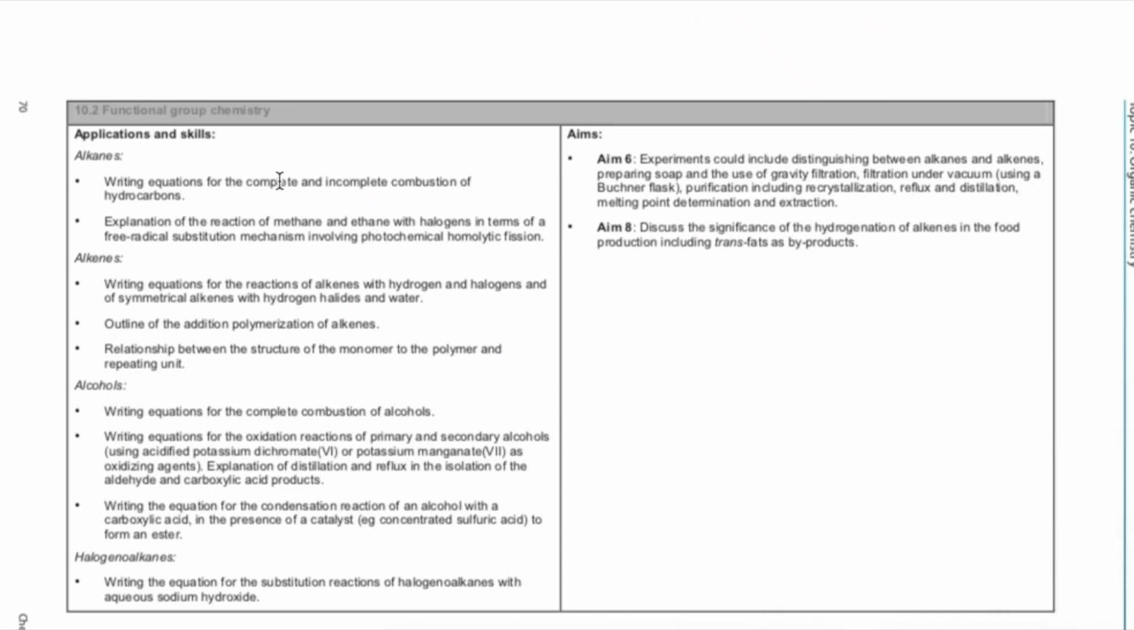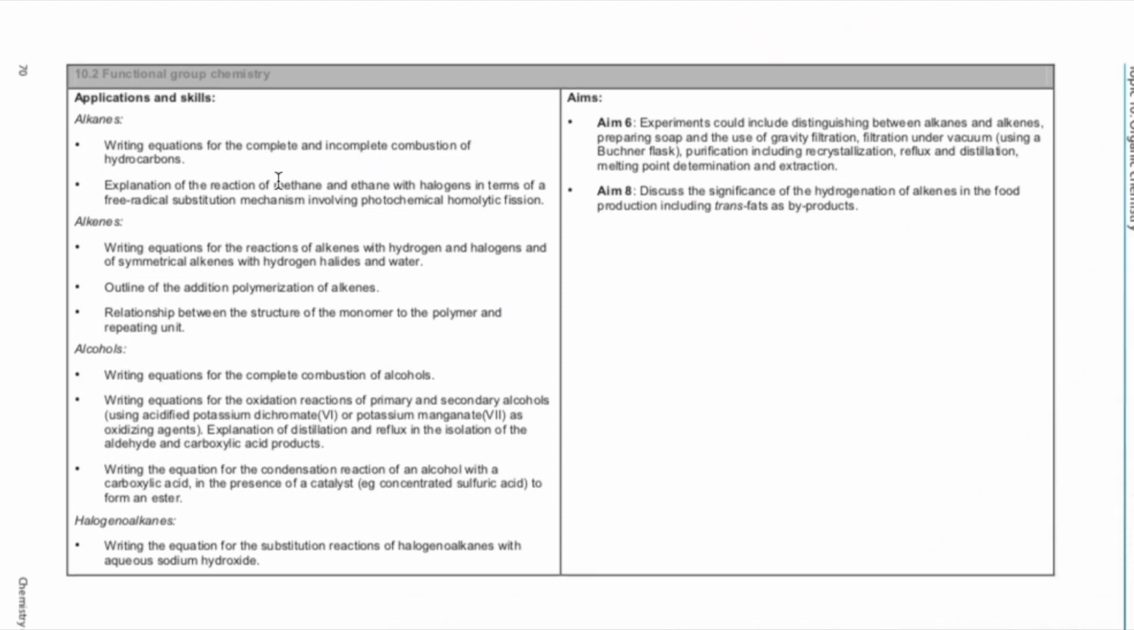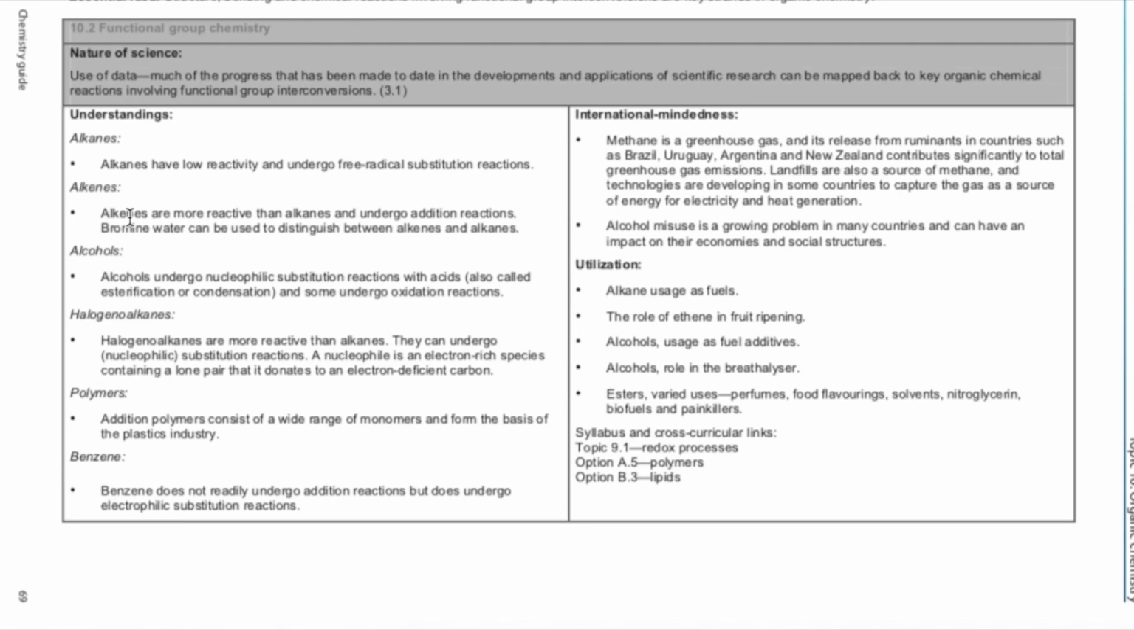Here under section 10.2 of the IB Chemistry Guide for First Assessment in 2016, which is the same guide that applies for the 2021 exams, halogenoalkanes under section 10.2 Functional Group Chemistry, it says halogenoalkanes are more reactive than alkanes. They can undergo nucleophilic substitution reactions. And it says a nucleophile is an electron-rich species containing a lone pair that it donates to